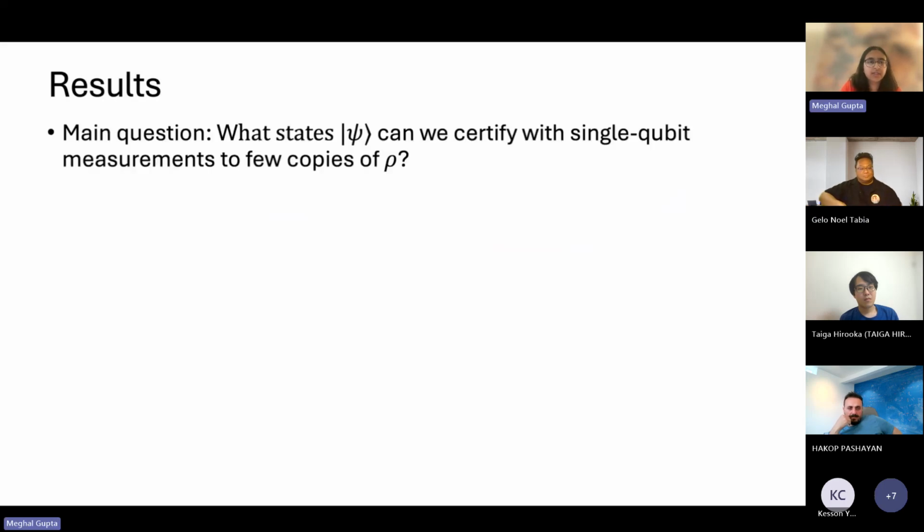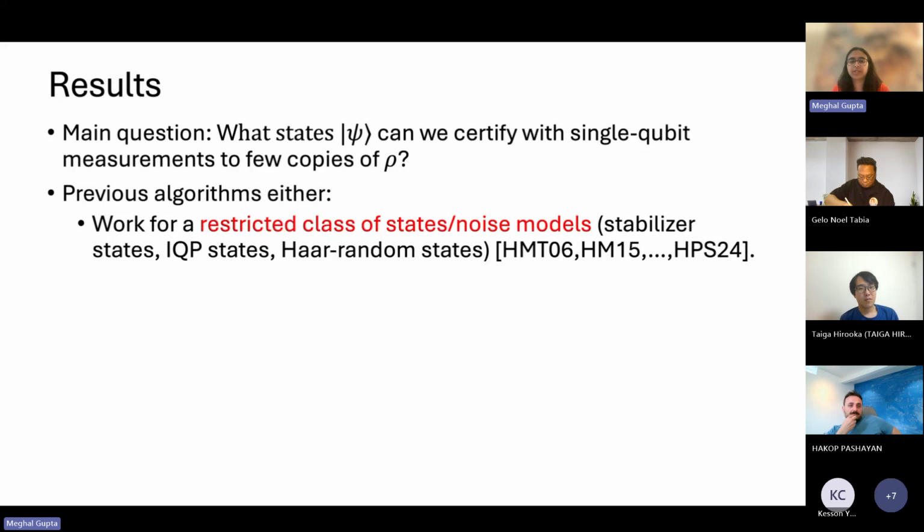So the main question, which I've already sort of given away the answer to, is: what states psi can we certify with single qubit measurements using only a few copies of rho? This question has been studied for a while, and previous algorithms didn't give a full answer. A number of them work only for a restricted class of states or noise models. One notable work was the recent work of Huang, Preskill, and Soleimanifar in 2024, which proves that for a random state chosen via the Haar measure, you can certify it with a very simple algorithm,